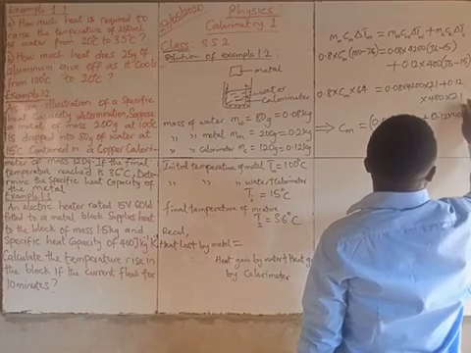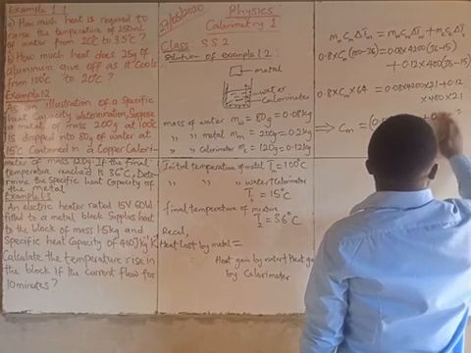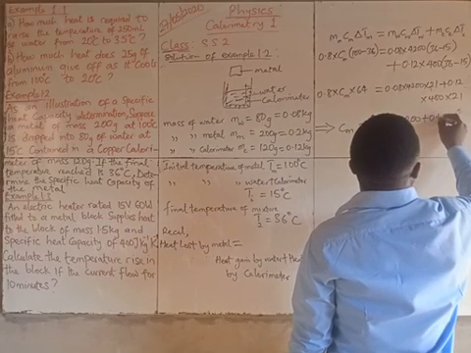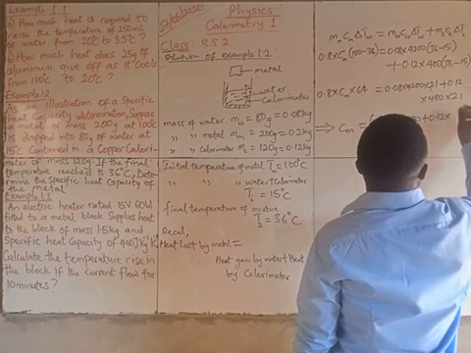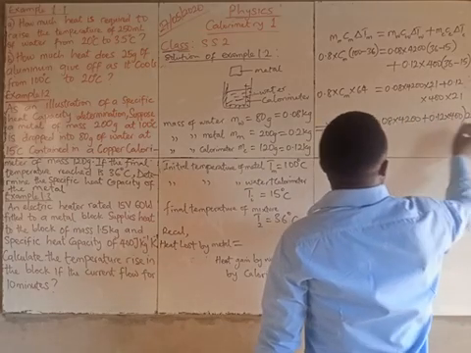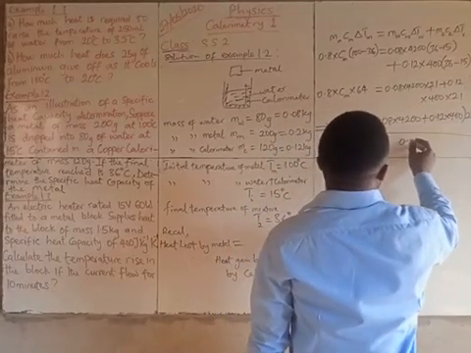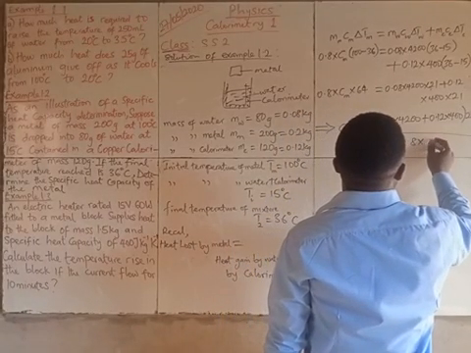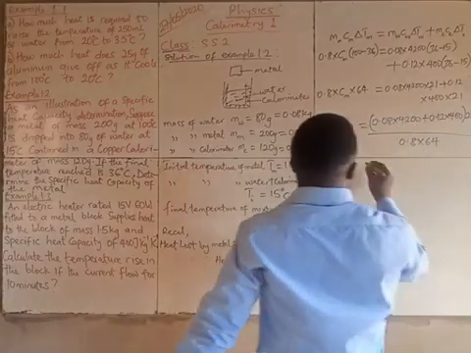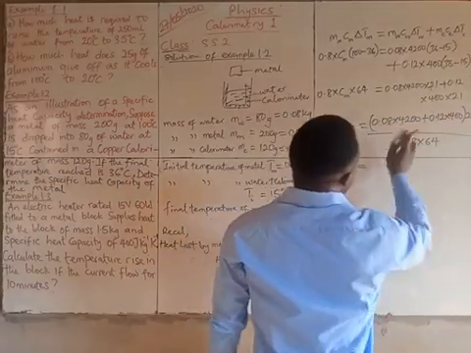We have everything into 21, that is 400, that is 0.12 times 400 into 21, all over 0.8 times 64, and this will finally give us 0.08 times